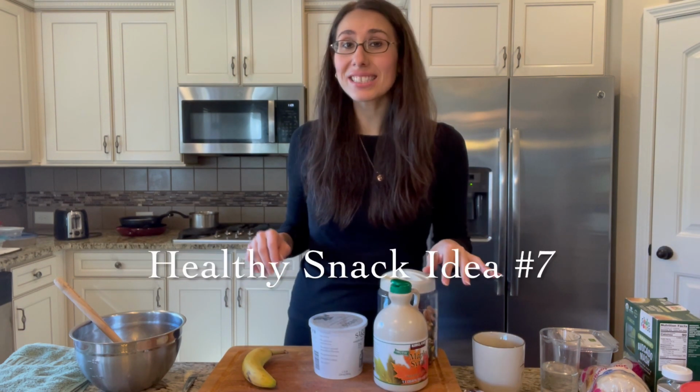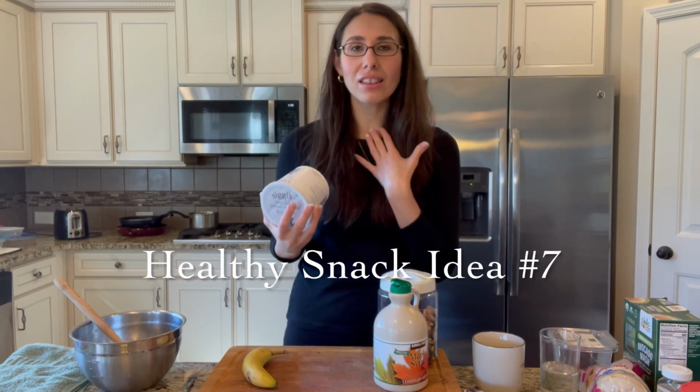Snack option number 7 is yogurt. I love yogurt. It's one of my top 10 favorite foods to eat on a regular basis, and I typically just buy the big container. It's more affordable for me that way, and if I want to take this with me on the go, I'll